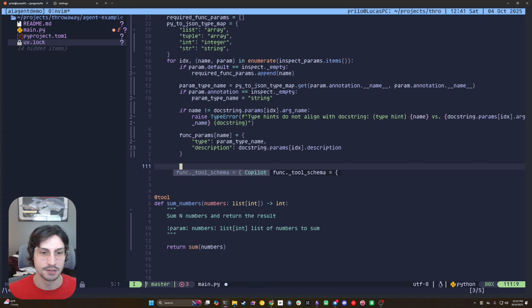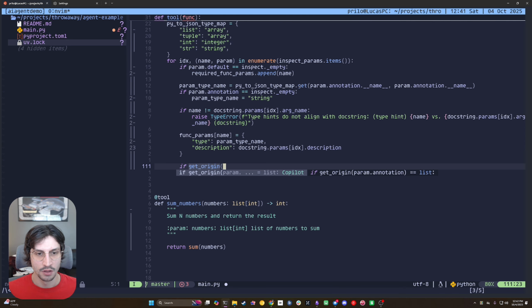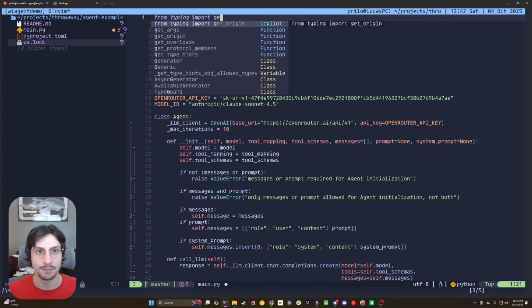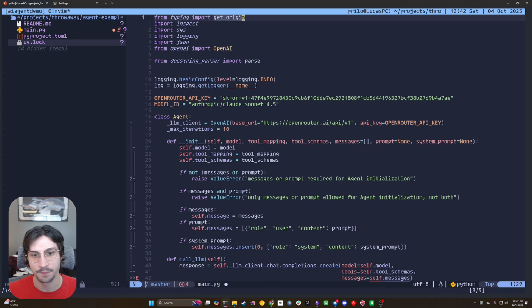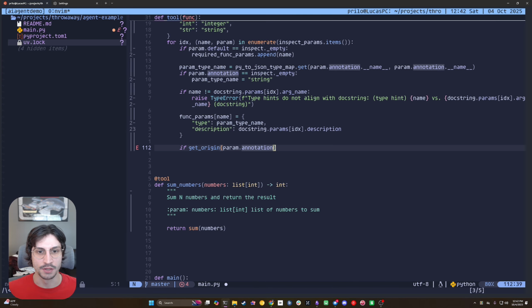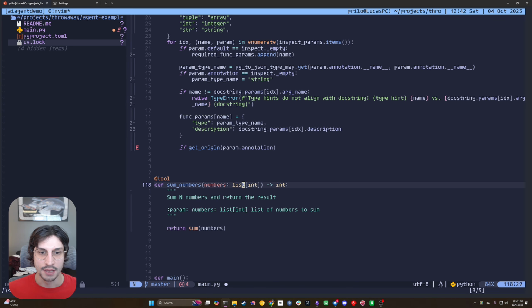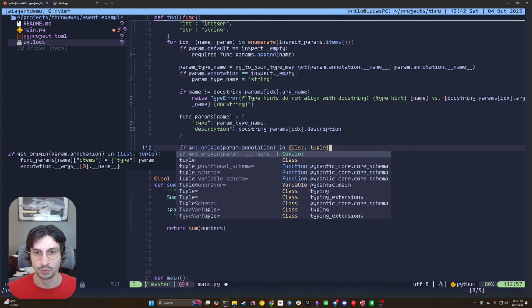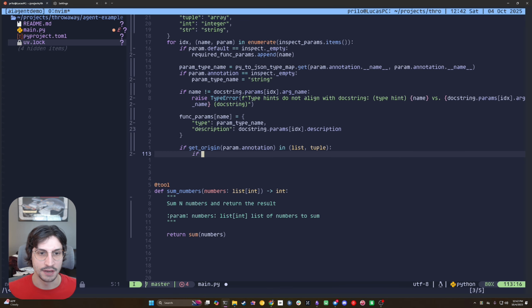So what we're saying is we're going to get origin on the parameter. And get origin is actually something from typing, the typing library in Python, that gets the sort of origin type. So it's doing that where get origin on the type list of int will give you list. So that's what we're doing here. We're trying to see, is this a list or a tuple? If it is,